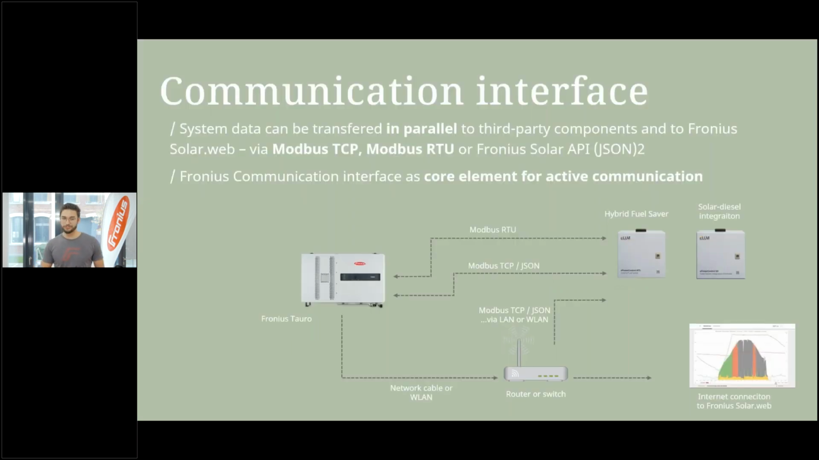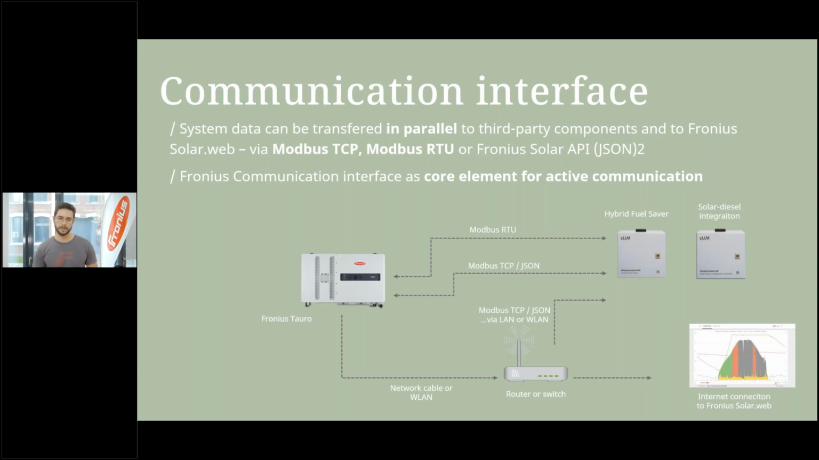All right, the communication looks the following. We have on the Tauro something called the Pilot card inserted into it, which is more or less the communication center of the inverter. And every inverter has one of those cards inserted. And from this Pilot card, from this communication center, we can then connect to the ELUM components either via Modbus RTU, via an Ethernet cable and the use of Modbus TCP, or we can also use the protocol Solar API